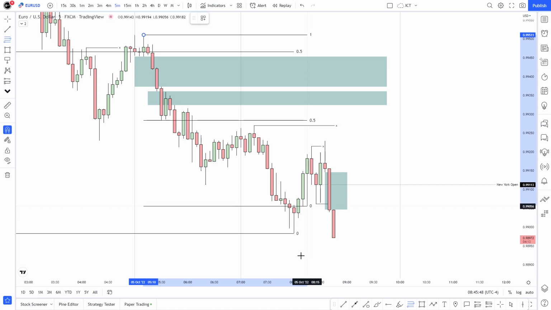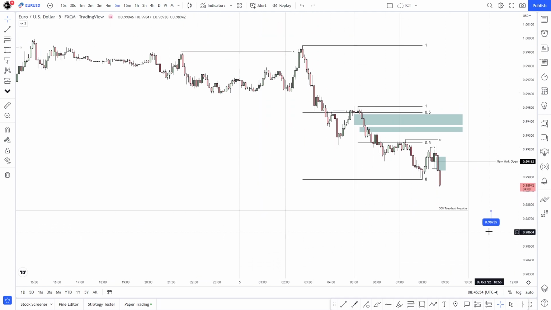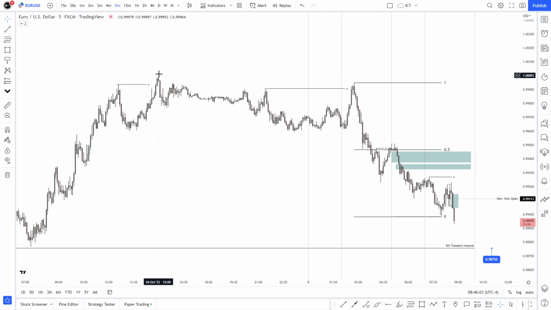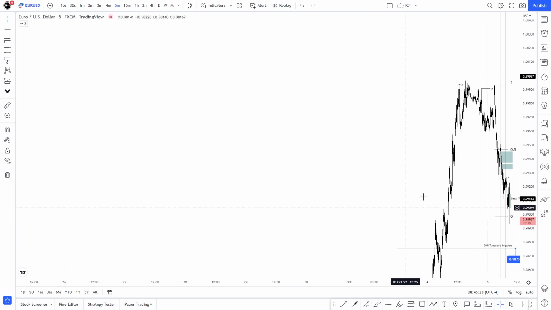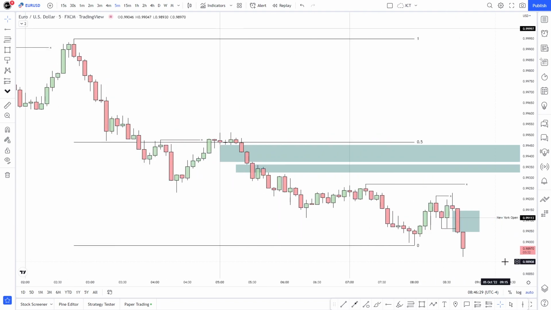Another issue that I have with this is that we didn't even reach the 50% of this impulse here, right? And then we have the even larger impulse. If I'm right, and we are, last night we created the high of the week. This. Oh, look at where it is. 99,997. Yeah, that's not good. And even another high here. That's a lot of buy side. I do still think that if this is the high of the week, it should be respected, right? But that's a lot of buy side liquidity, if I'm going to be honest.